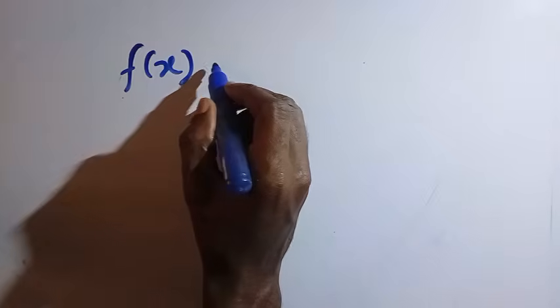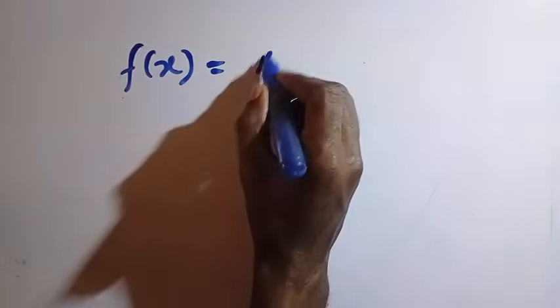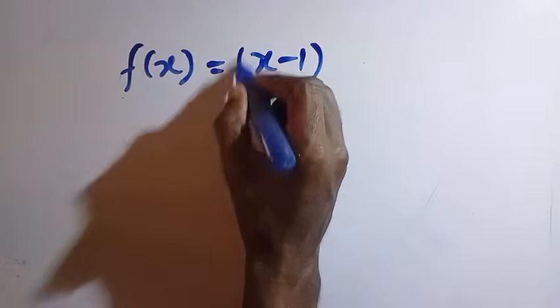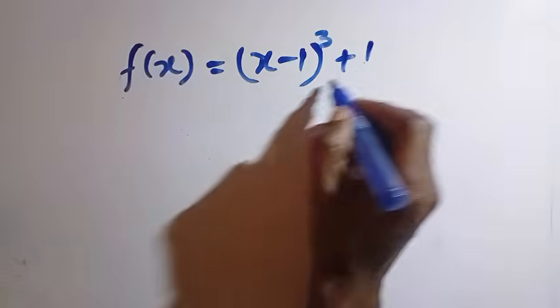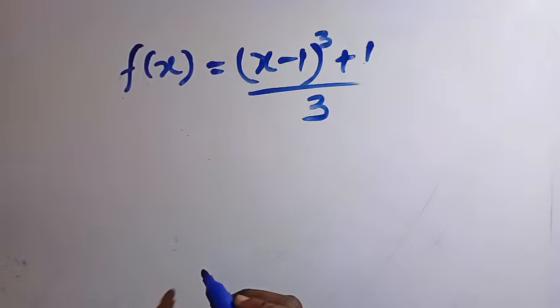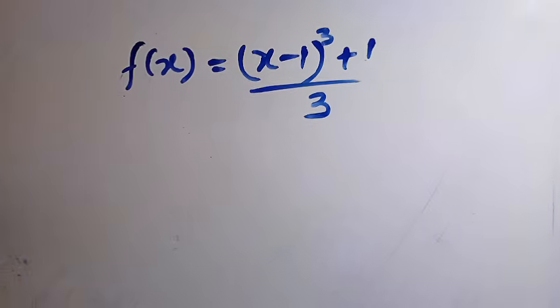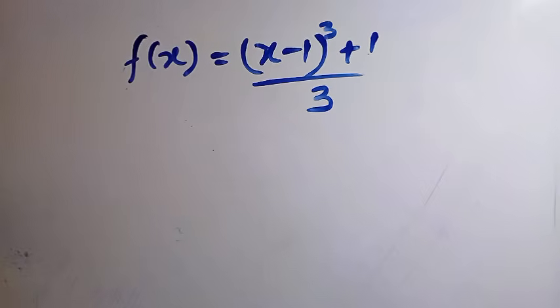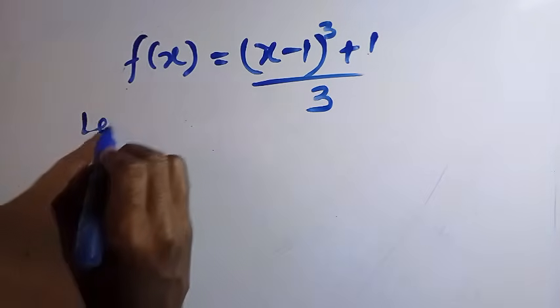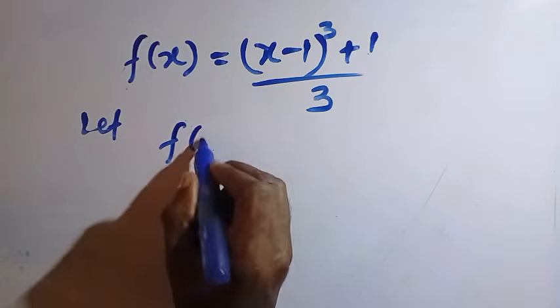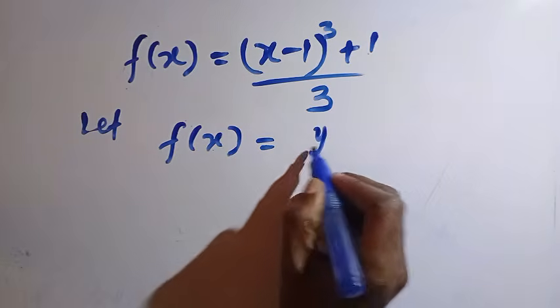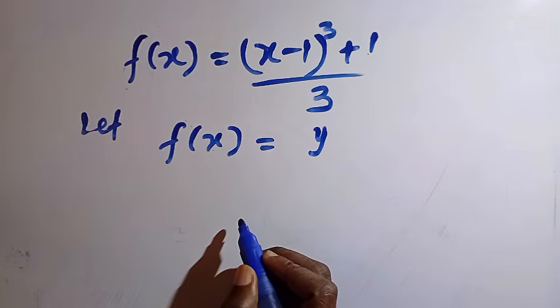Therefore, our new function now becomes f of x equals (x minus 1) to the power of 3 plus 1, all divided by 3. So this is what we have. To find the inverse is very simple. If I let f of x equals y,